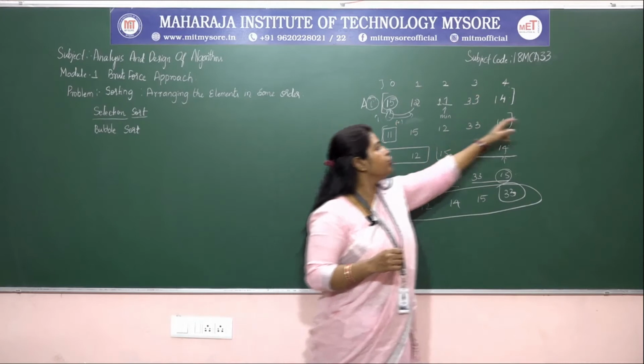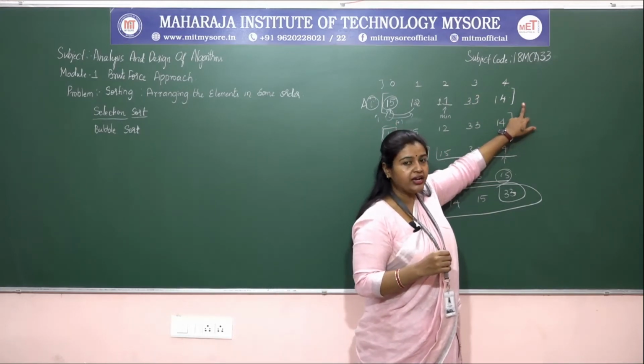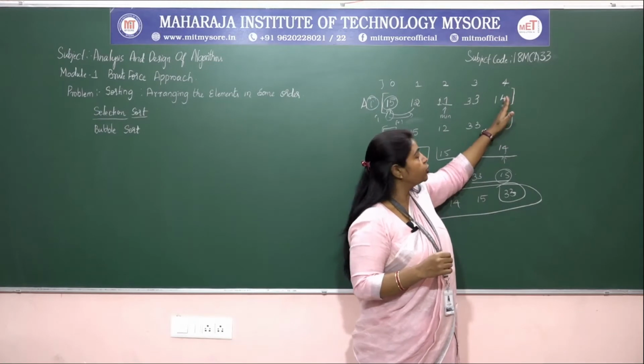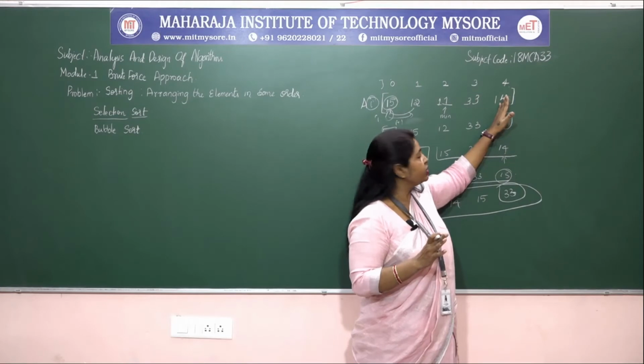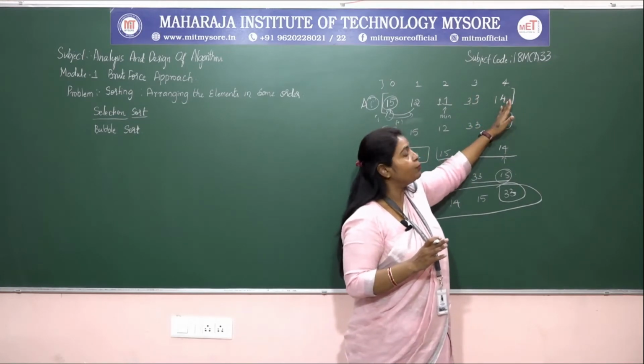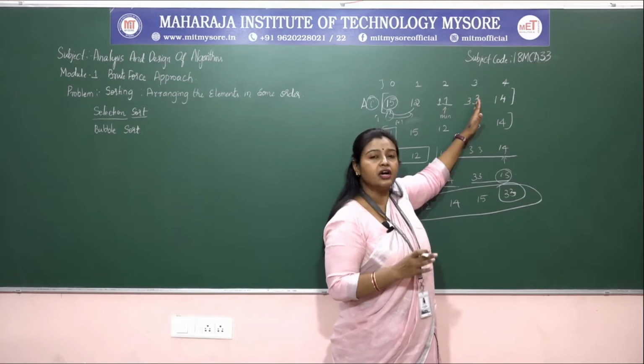I plus 1. Do you have any element to do the comparison here? No, right? So by that time what happens? Here only your element comparison will stop. So because of that reason, we should not go up to 4th position. Instead of that, we need to go up to 3rd position.